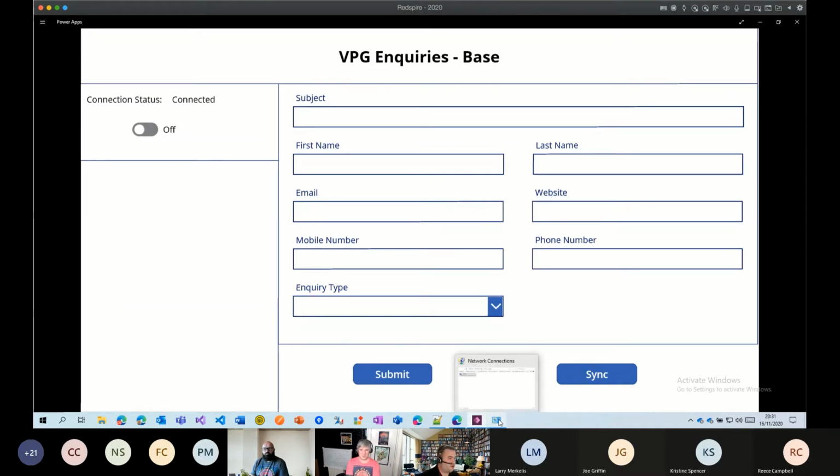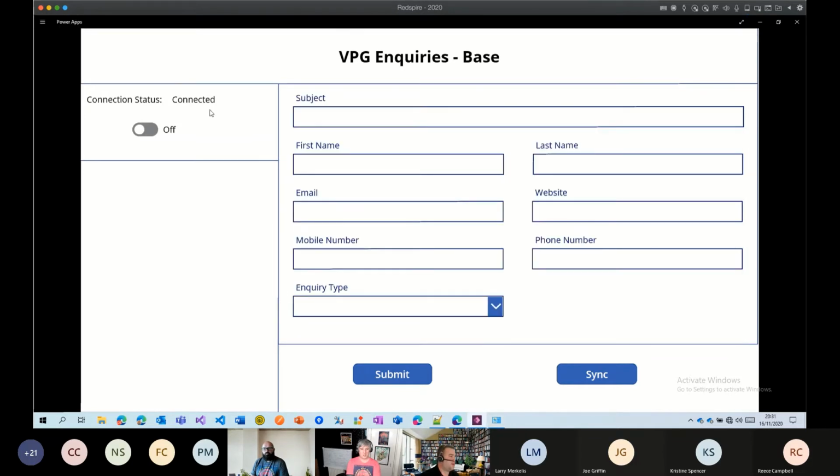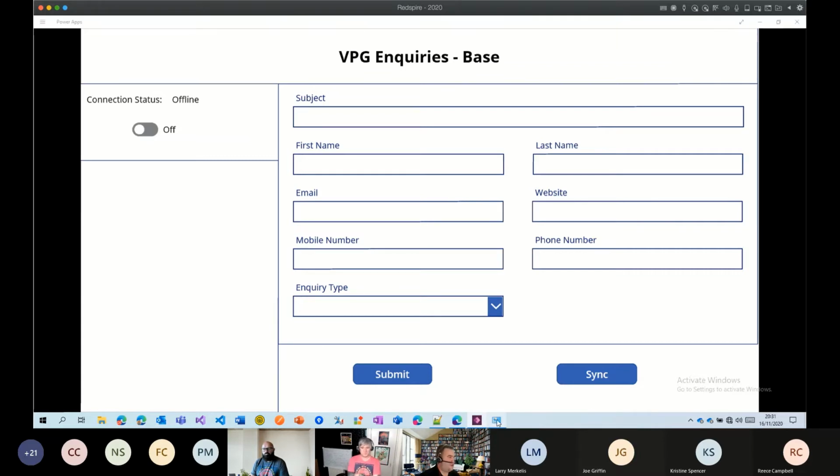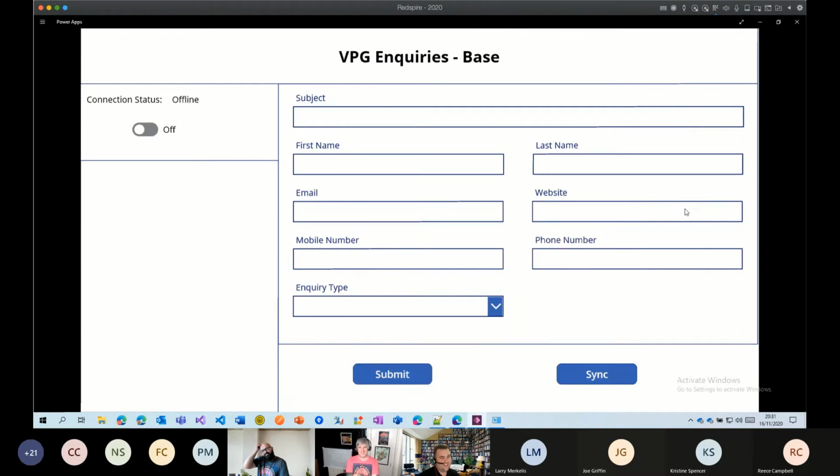I've not even taken this offline, so I'll take it offline there just to show you. So if you disconnect your Ethernet, it does go offline. So it's just to make sure that it does go offline. But yeah, if I can't even get something going into the CDS online, there's not much point in dealing with that. So if I stay offline with this, because it's hooked up to the toggle switch now,